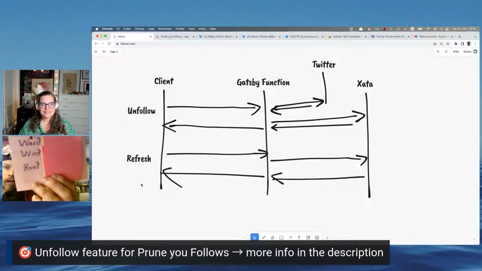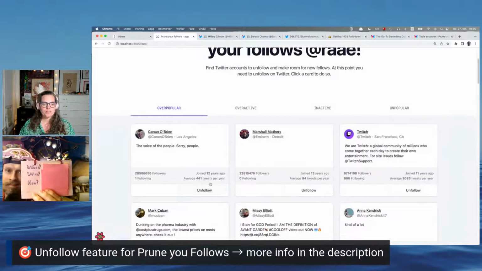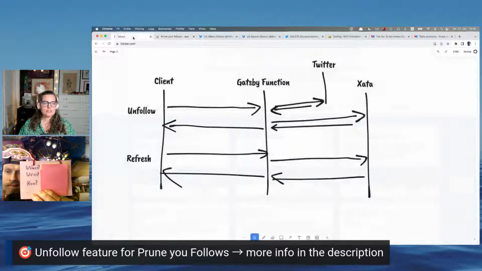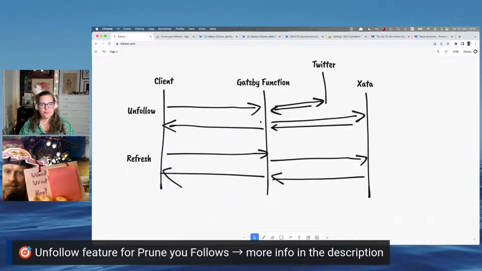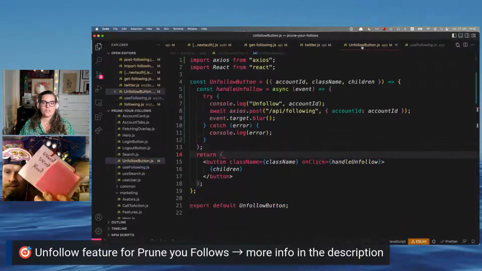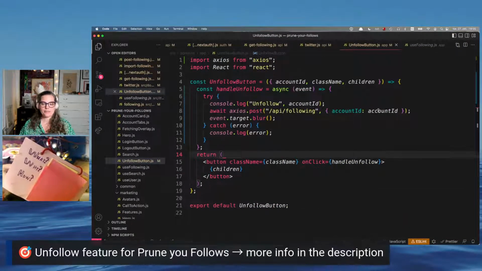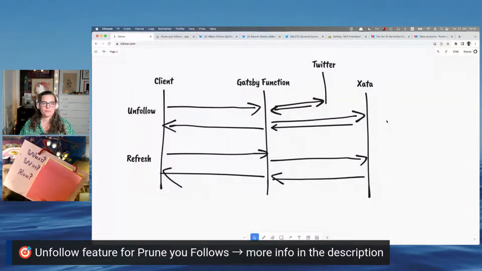So what did we do? We're letting people unfollow from within our app. So the first arrow here, we need the client to ask a Gatsby function to unfollow. We're doing that in our unfollow button. We are doing an Axios post to API following with the account ID that we want to unfollow. Then the Gatsby function,